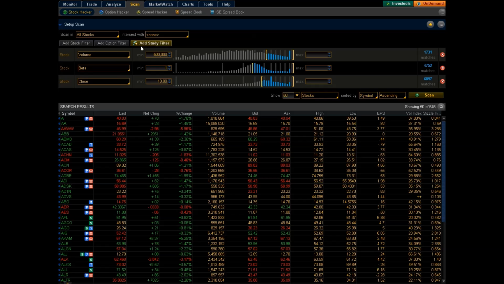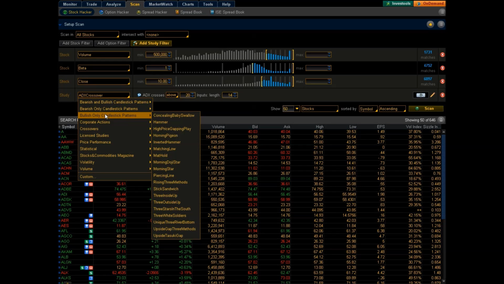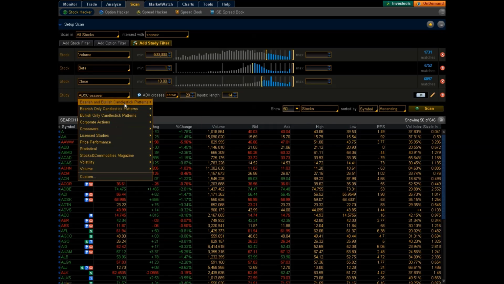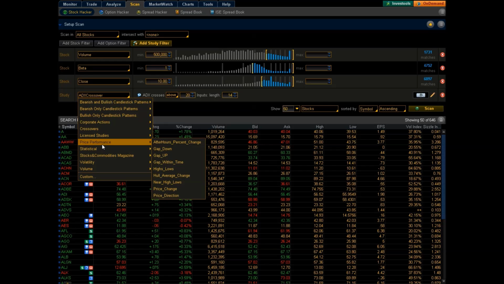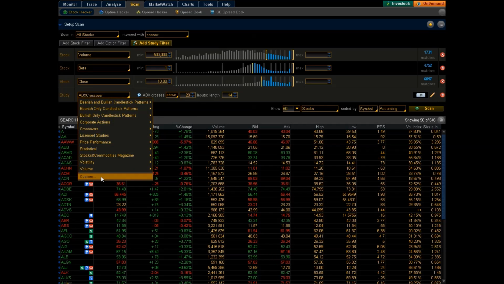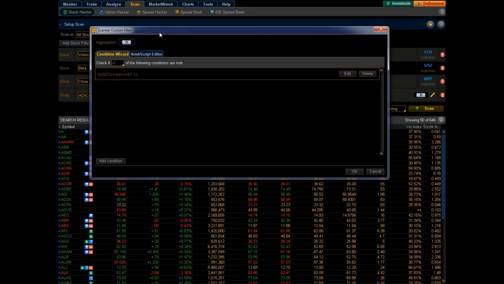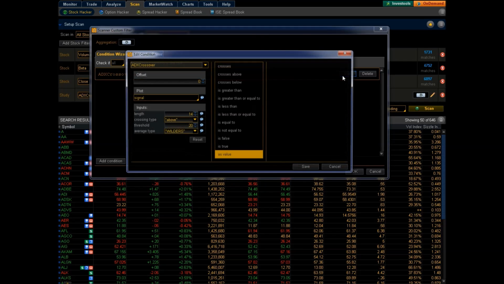So in order to do that, we have to add a study filter. And you can base this on any kind of study that they have available in here, even if it's a custom study, which is really cool. So the first thing I'm going to do here is, okay, I use exponential moving averages, so I'm going to find, let me just see here. I'm going to click on custom, and what I'm going to do here is I'm going to tell it,